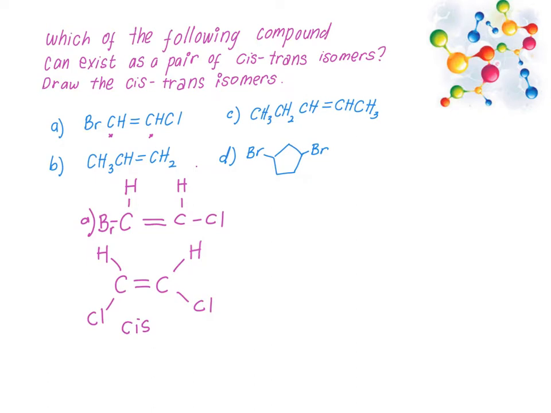Okay, the next one, I'm going to draw the trans isomers for structure A. And the trans isomer, I'm going to do it like this. C bonded to C, but my H is at the opposite side. Oh, before that, this is the wrong one. It should be bonded to,